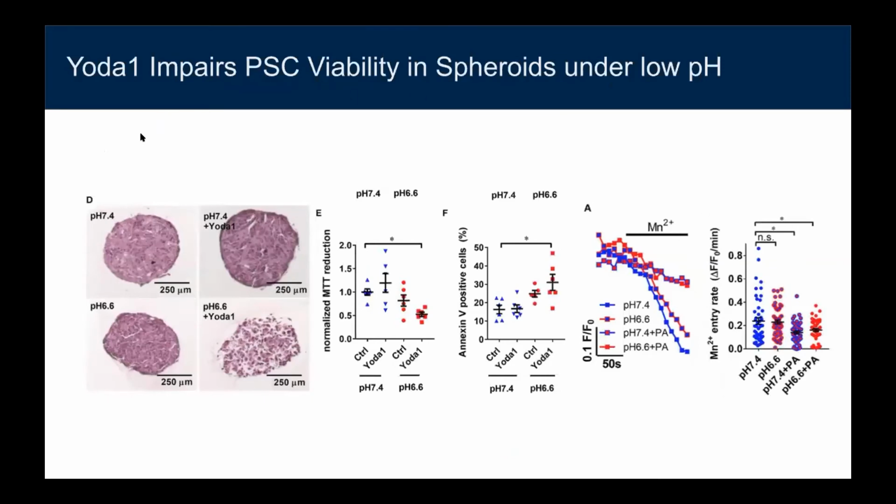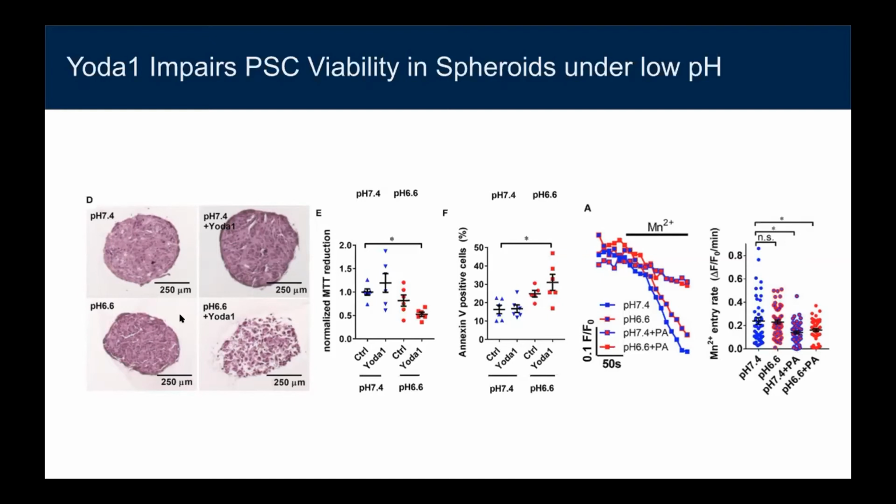So this is their final figure, and they showed a lot here. I'm going to try to go through it the best I can, but it's a little confusing. What they did was they used spheroids for this assay, which is like a little growth of cells. You can think of it as kind of like a little tumor, but they grew it in either physiological pH, which they use 7.4 throughout the paper, and then they induced acidosis, which they had as 6.6